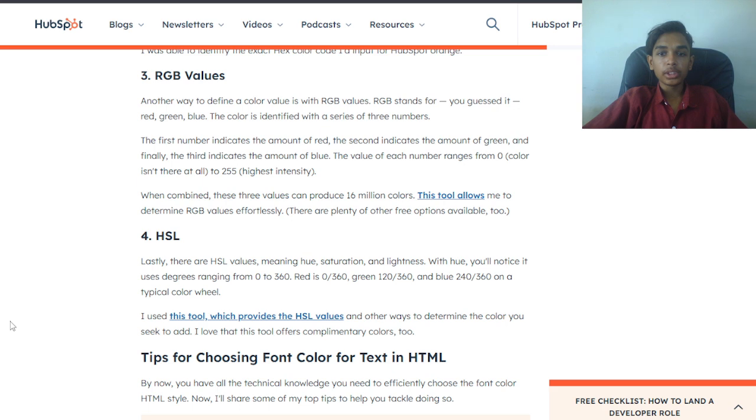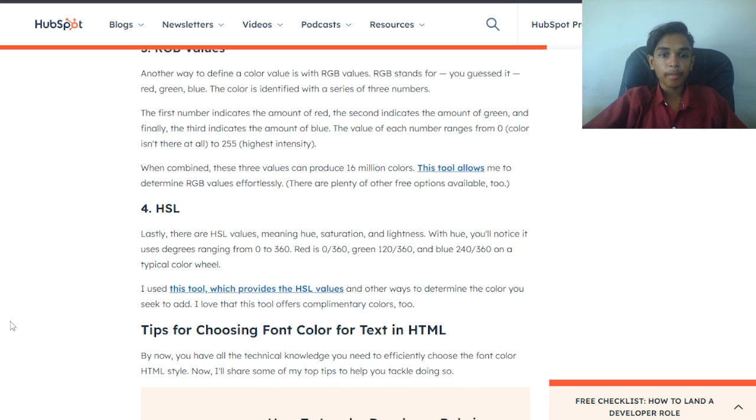The value of each number ranges from 0, where the color is not there at all, to 255, the highest intensity. When combined, these three values can produce 16 million colors. This tool allows me to determine RGB values effortlessly. There are plenty of other free options available too.